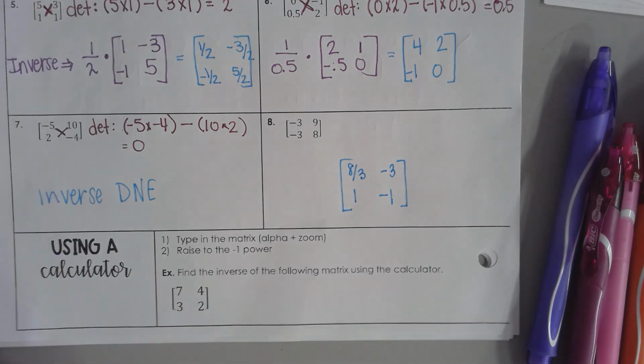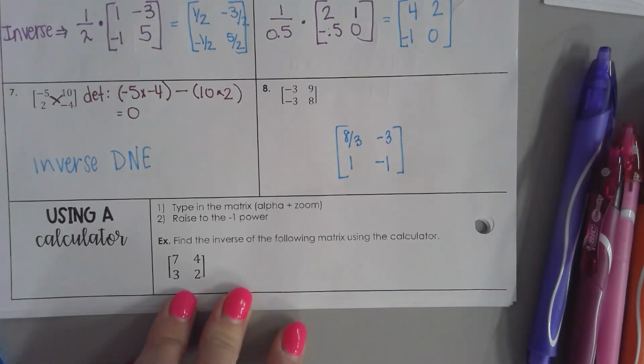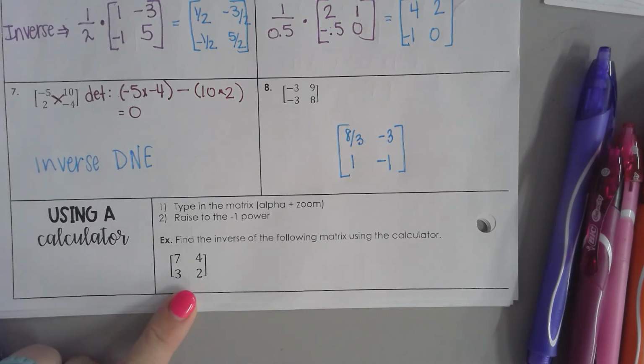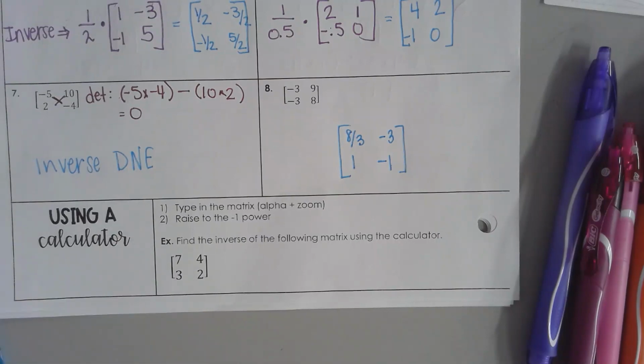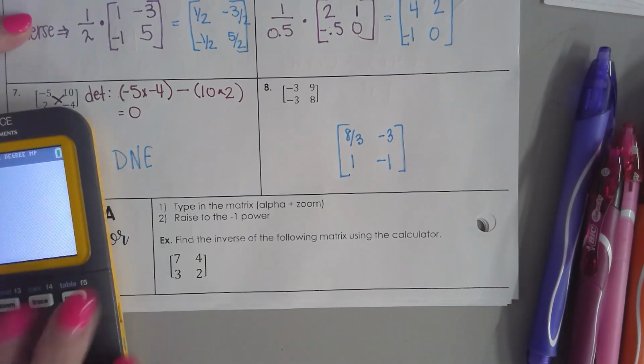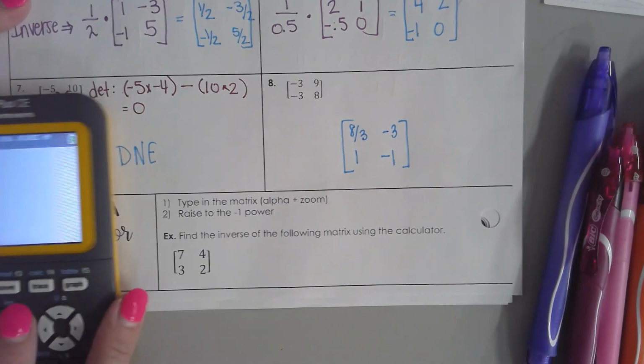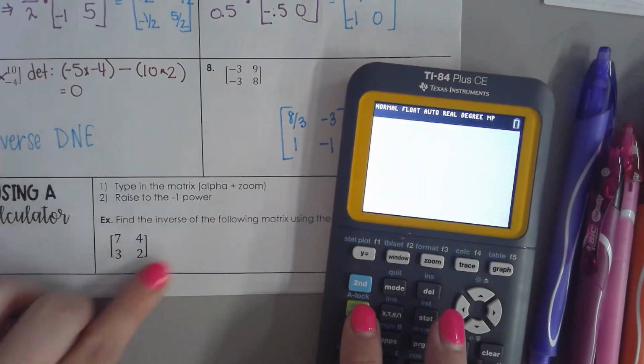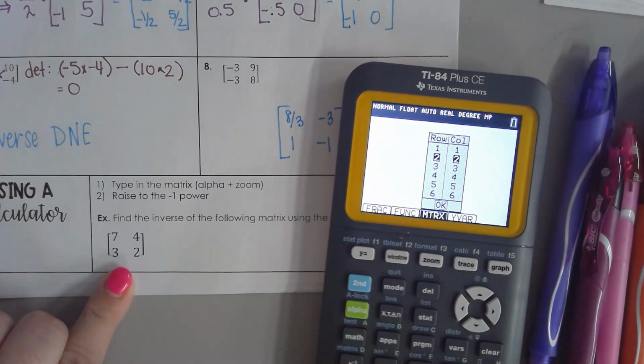Now, your calculator also can do the inverse for you. So instead of having to go through that formula, it does it. However, you still need to know how to do it by hand. I'm going to make you show all of your work tomorrow when you're practicing and on the test, but you can use your calculator as a way to check your answer. In the calculator, you actually don't have to go to that matrix menu. It's a little bit easier to do the inverse. So you type in the matrix first, alpha zoom,